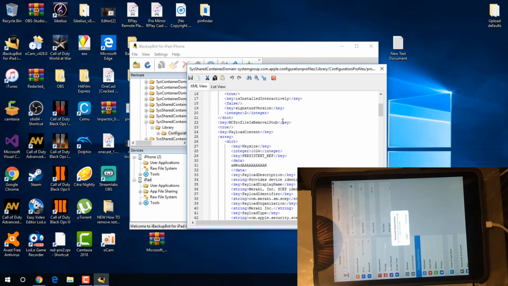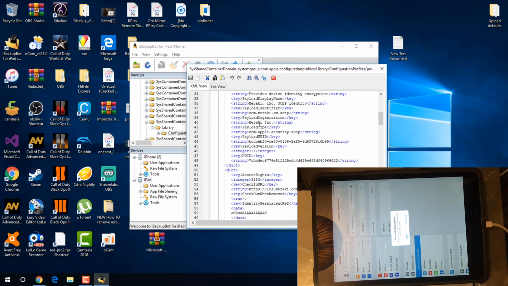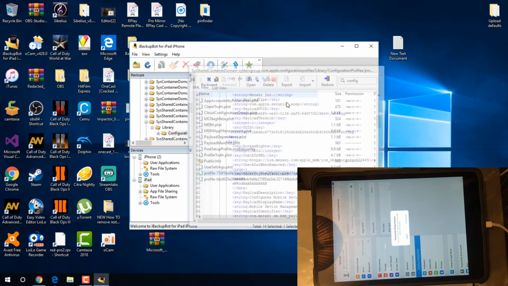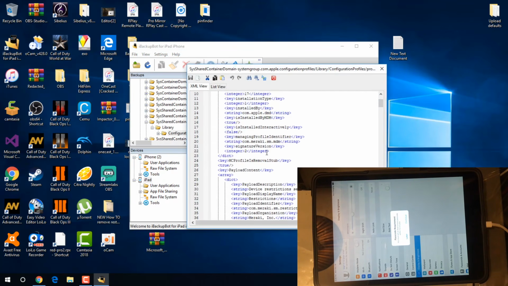Scroll down. Now if it says restriction yes, no, restriction yes, no, that means that it is the right one. We can see here we don't have it, just showing payload like Meraki, so we just close out this one. If we open this one, same, press cancel. Now we can see here